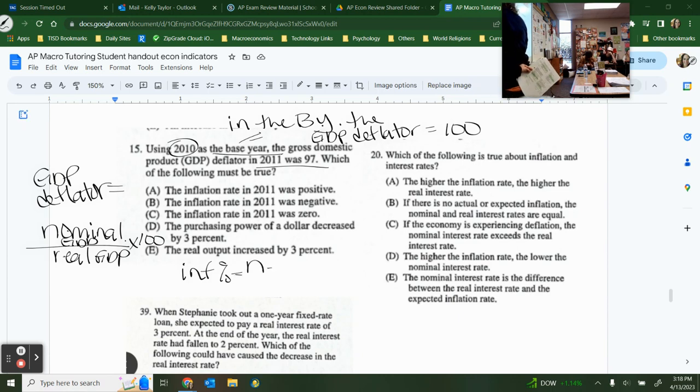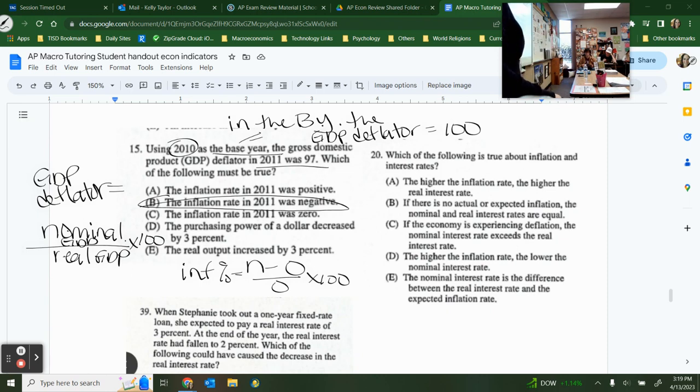No. New minus old over old times 100. So you can do this with CPIs or GDP deflators. New CPI minus old CPI divided by old CPI times 100. If we were to do that, we would figure out that we're going to have a negative number. I'm not going to do it because we're about to solve for inflation in a second, so we don't need to do it twice. Purchasing power,